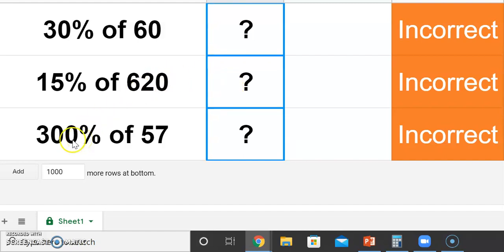And then on the last one here, 300% of 57. So 100% of 57 is just going to be 57. So if I want 300%, you're then going to take that 57